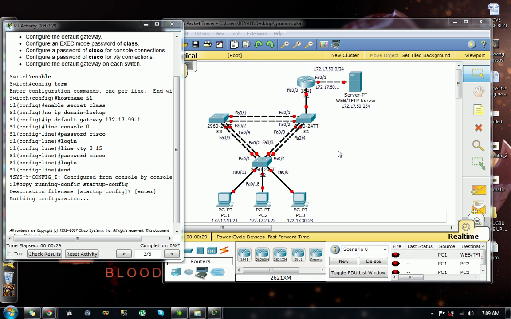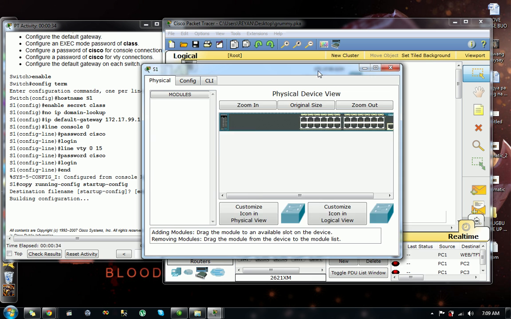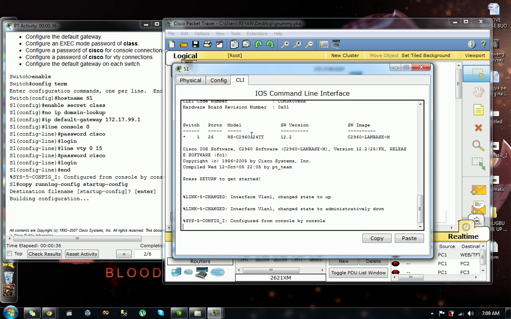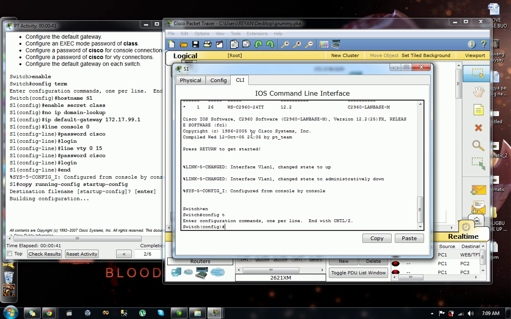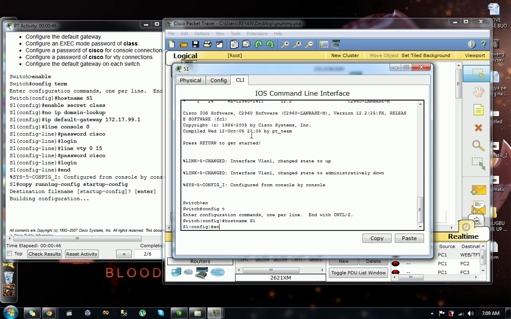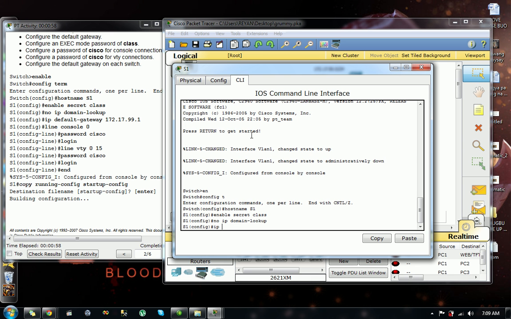First step is we go to S1. We will go to CLI and press enter. EN, then type config t. The hostname will be S1. Then enable secret class. No ip domain-lookup. ip default-gateway